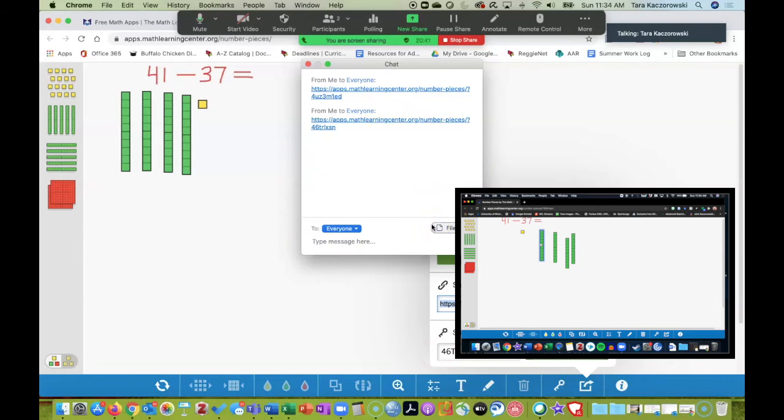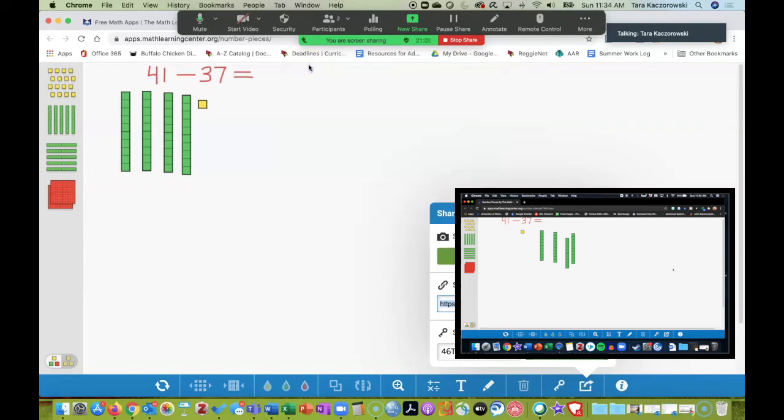We can either just let the student work on their own and then have them hit the share button back to you, get the code and send it to you so you can check their work. Or you can actually just ask the student to share their screen with you. It's a good practice using that feature of Zoom. Keep in mind, as the instructor, you need to make sure you have allowed your participants to share.